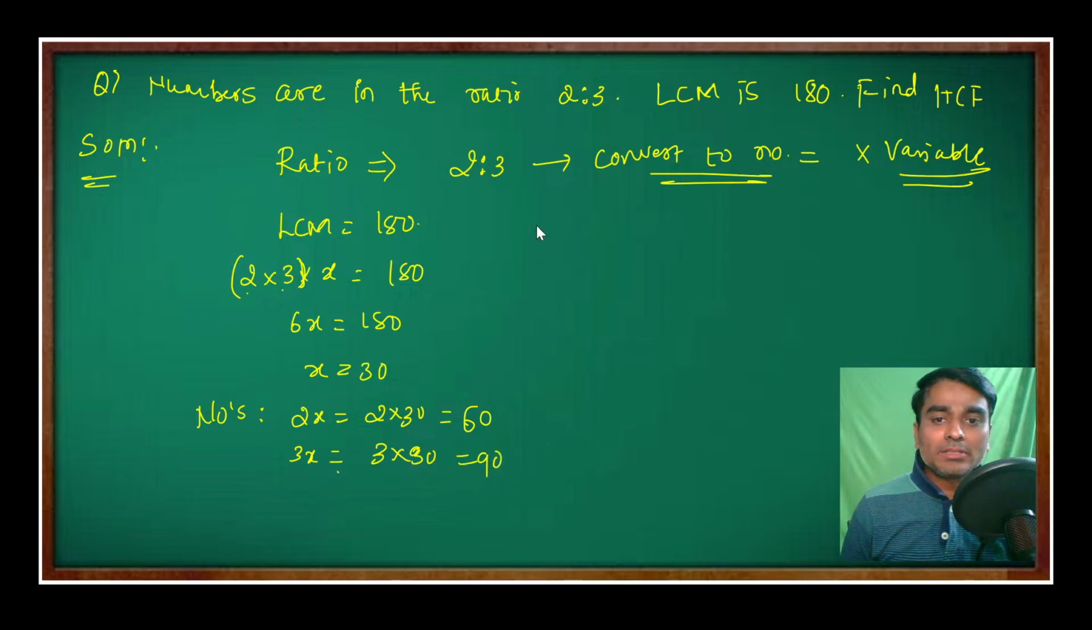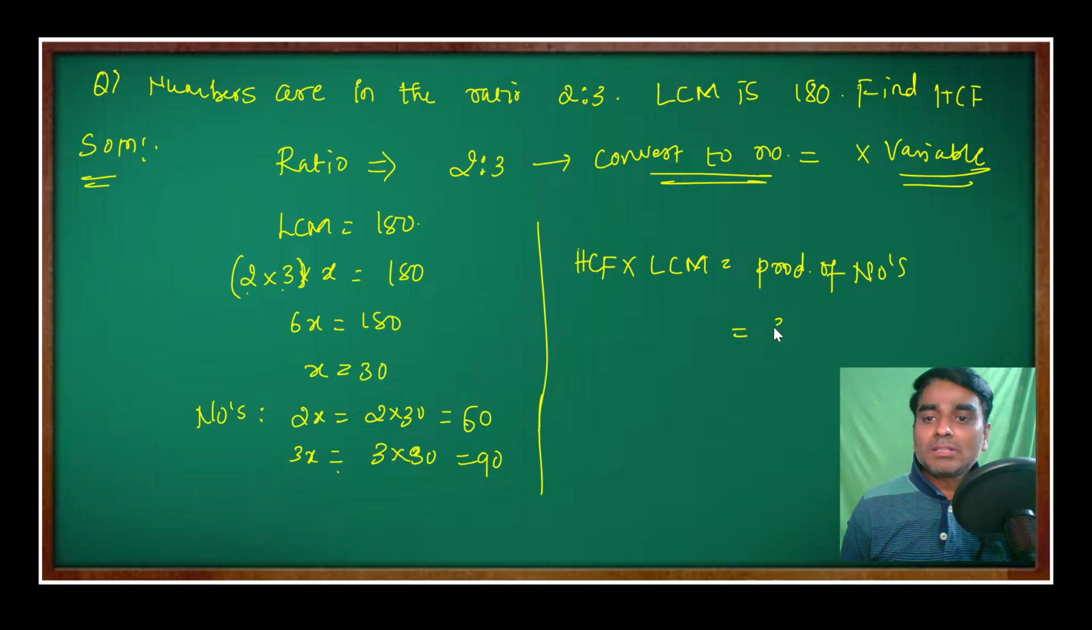These two are the numbers. Now go to the relation. We know the relation, right? HCF into LCM is equal to product of numbers. This we know. So what are the numbers now? 90 into 60. 90 into 60 numbers. HCF we need to calculate. LCM is given, 180. HCF will be equal to 90 into 60